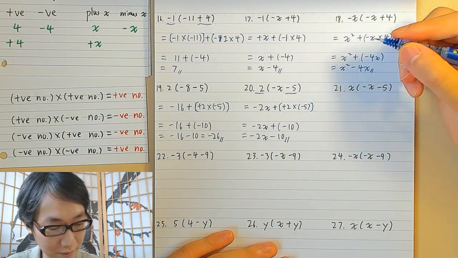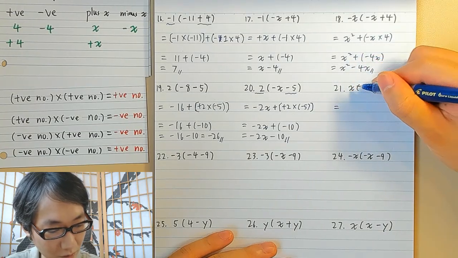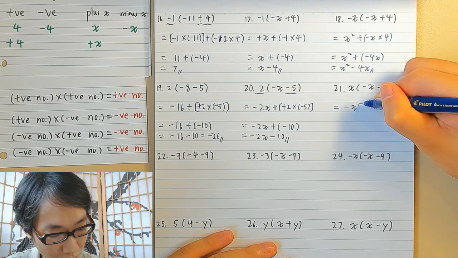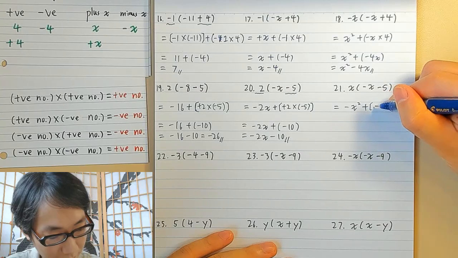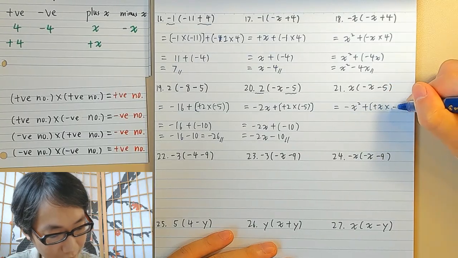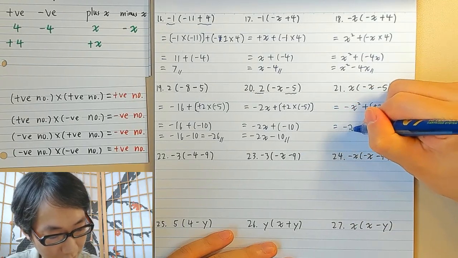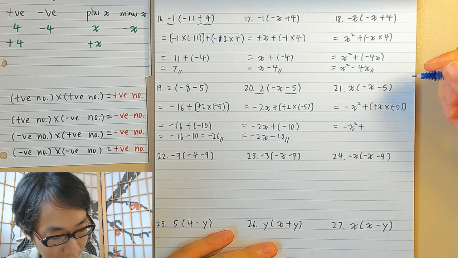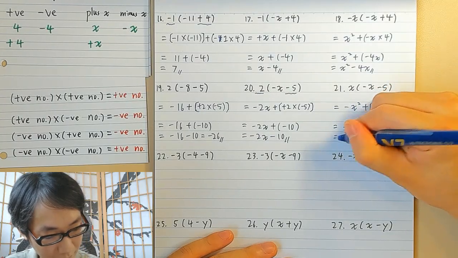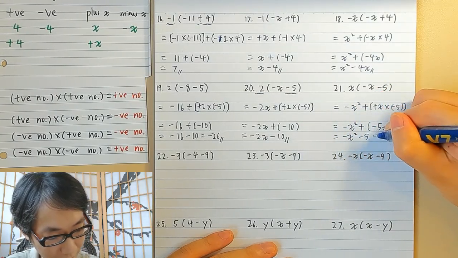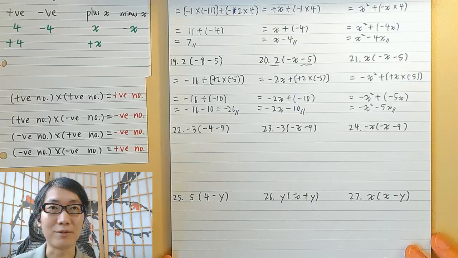Number 21. This will be equal to minus x squared, and the second term plus x times negative 5. Should be minus x squared and minus 5x should be